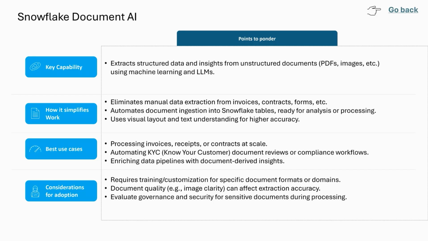Using Document AI, you can easily and seamlessly extract insights out of structured or even unstructured data sitting in your Snowflake internal stage or external stage.